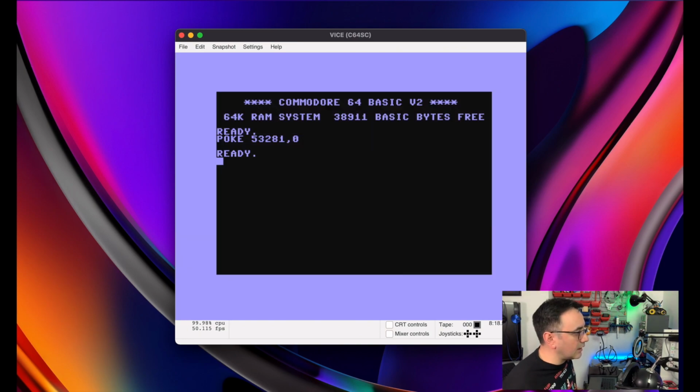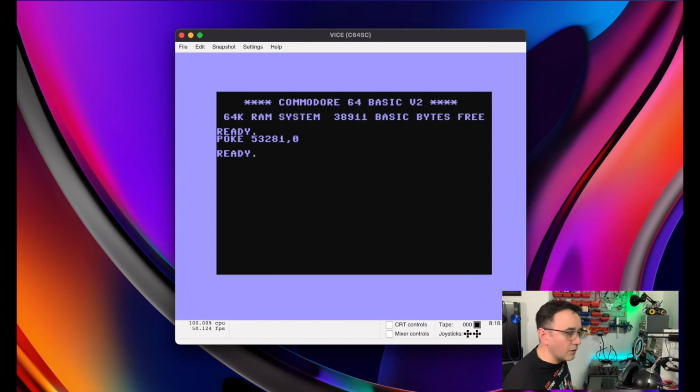If I type enter, you see, it changed to 0 because the computer is reading in that memory location. The 53281 is reading in that location the color of the screen. So every time it's refreshing, it checks that location and says, okay, this is the number, that's the color, I'm going to show this color. So for example, let's say we want to change the border to also be black,